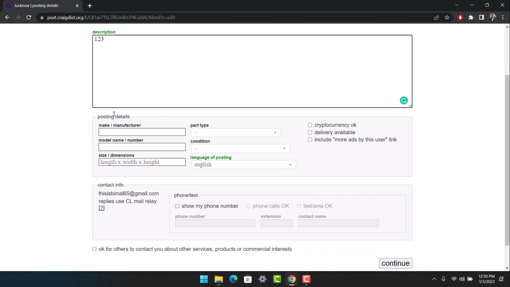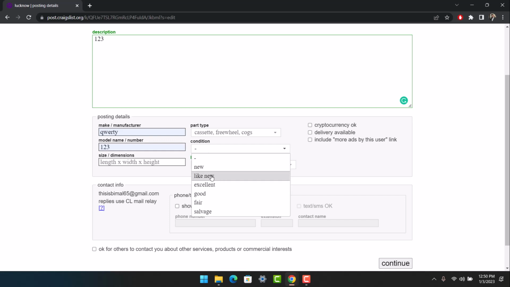of category you choose. Now, if you choose real estate and I choose appliance, you might see a different interface than mine because you have all of the square feet and so on. You have to enter the size, the dimensions, the length, width, and so on. So just make sure to enter the details depending upon the category that you've chosen, and after that, just enter the model name and number. Fill in all of the details